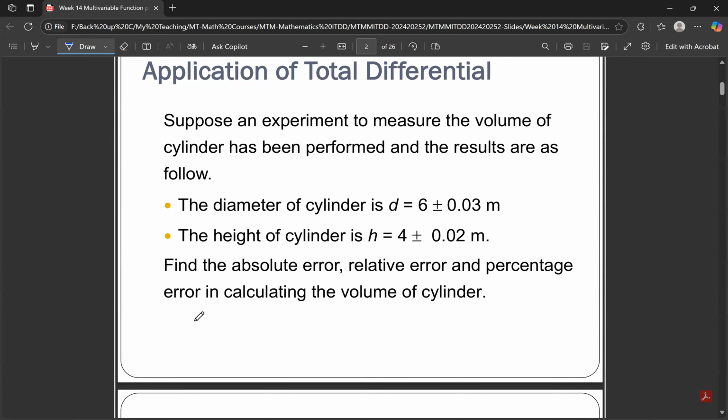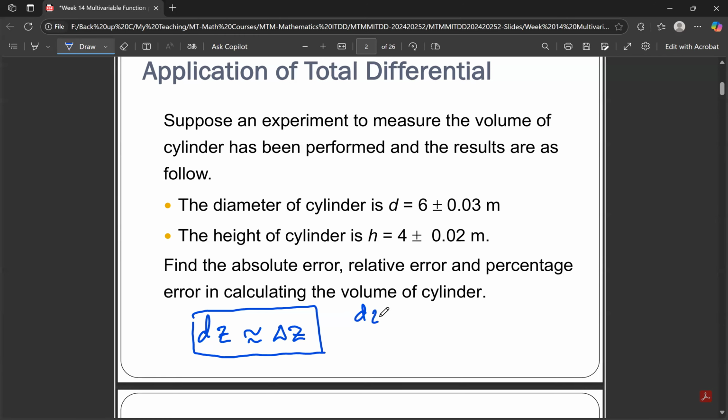Just mentioned in symbols, dz can be used to approximate the value of delta z. So we use this value dz to approximate the value of delta z, where